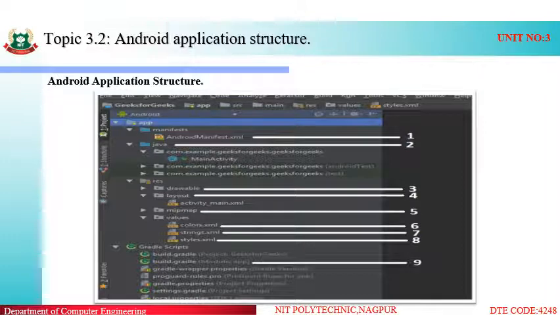Similarly, there is a mipmap. Mipmap consists of different folders which contain different files which we will study. Along with that, there is a values folder which contains themes like the different colors we have used. Strings.xml contains string related files, and styles, that is we can style our application with the help of CSS, that is cascading style sheets.